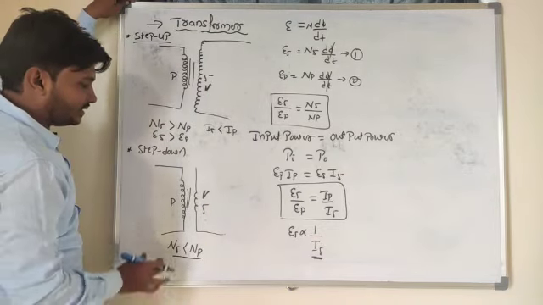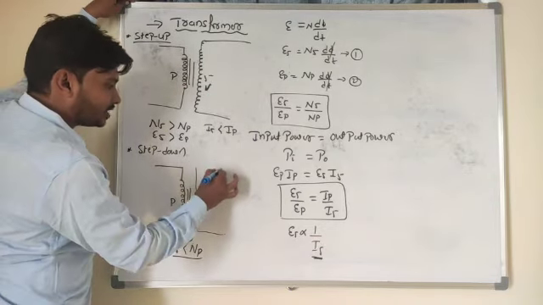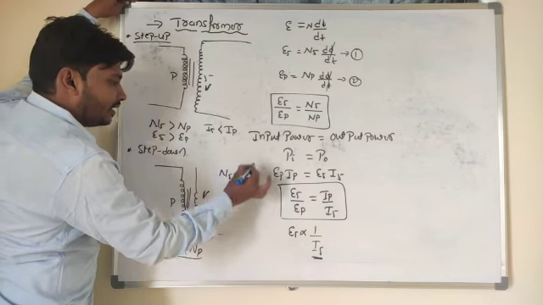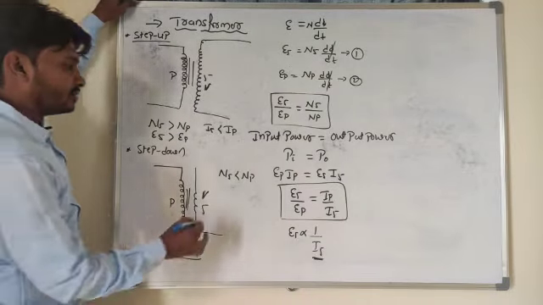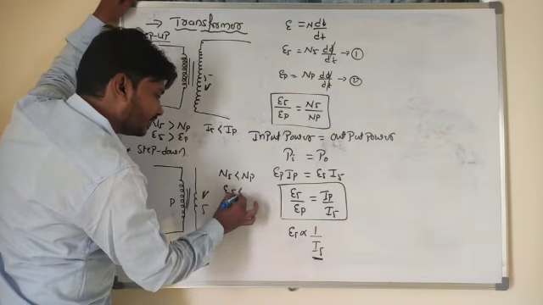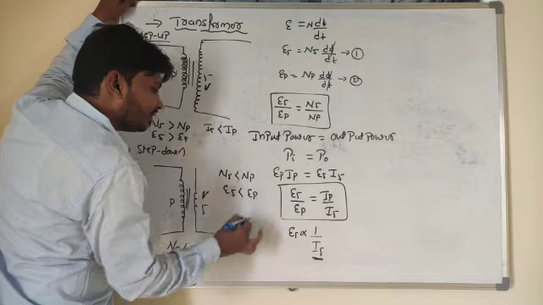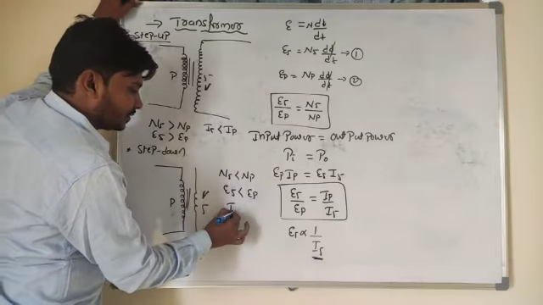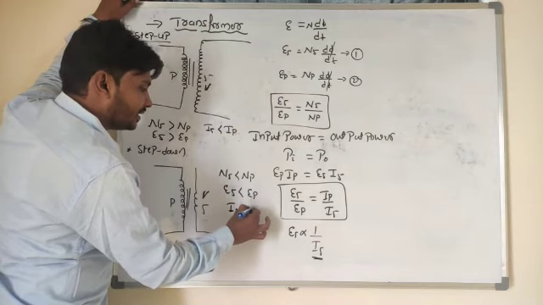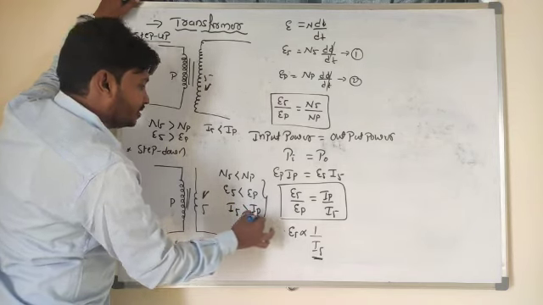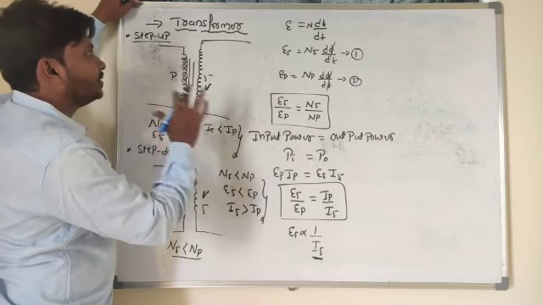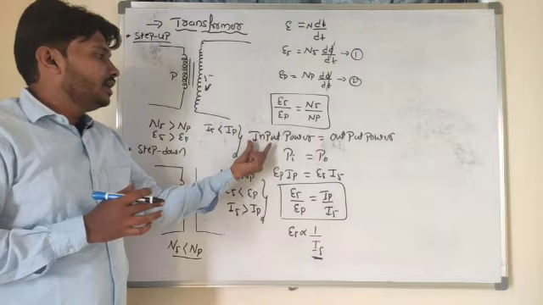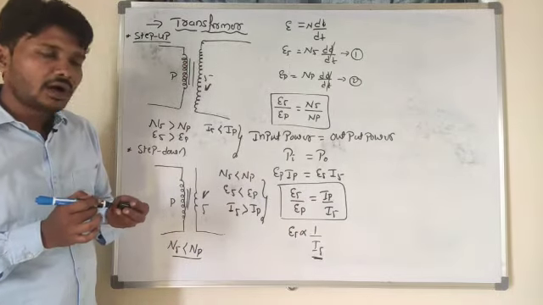So I hope you are understanding these things. For example, in case of a step down transformer, the number of turns in the secondary coil is less than that of the primary coil. So the EMF in the secondary coil is less than that of the primary coil. But in case of a step down transformer, the current in the secondary coil is greater than that of the primary coil. So these are all the things you need to understand in case of a transformer here. Why? Because input power is always equal to output power.